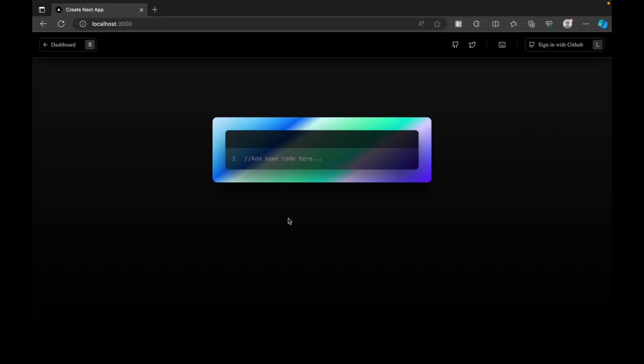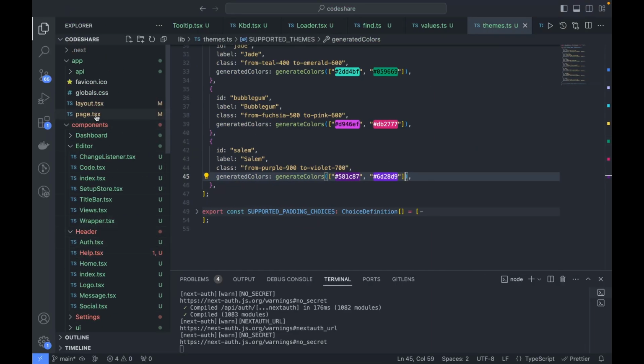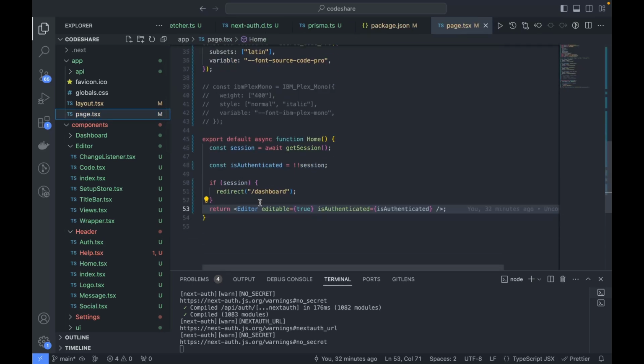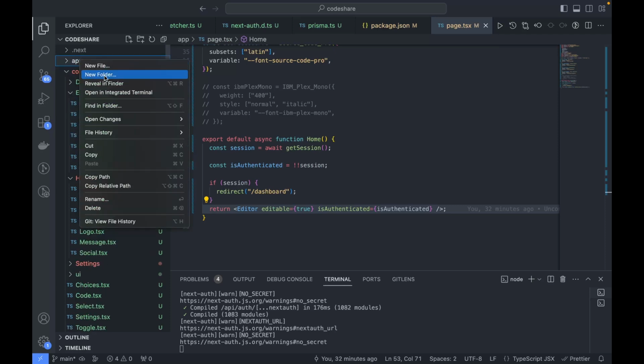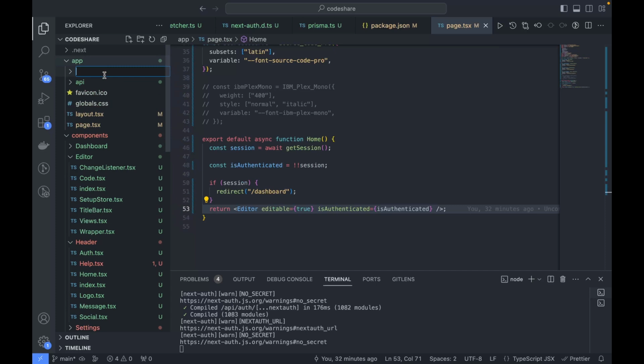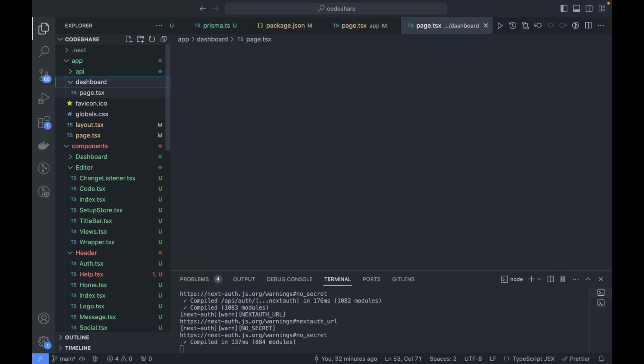So now editor is fine, so let's go back here, to our page thing. So here, if there is no session, it has to showcase this editor, fine. So let's go to this now the dashboard. So basically there we will create here a new folder. I'm just going to name this as a dashboard, and here let's create page.tsx file,